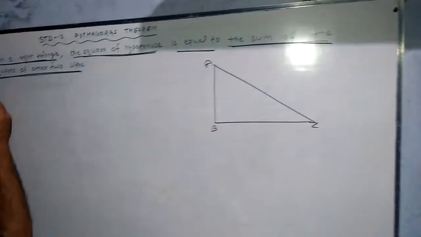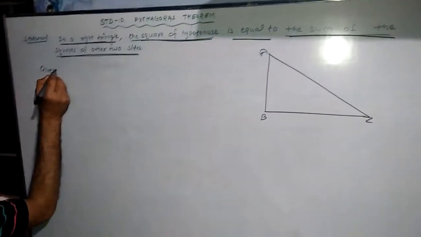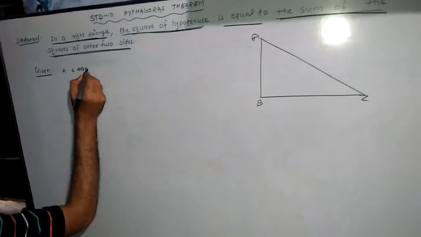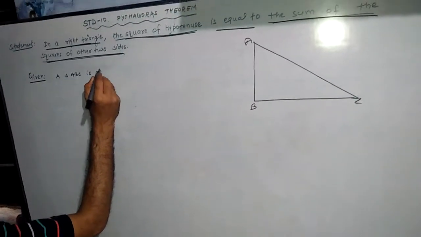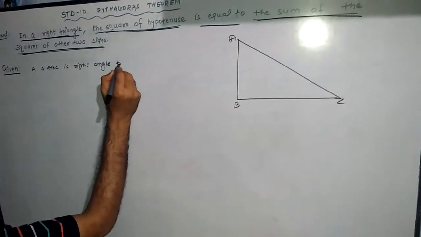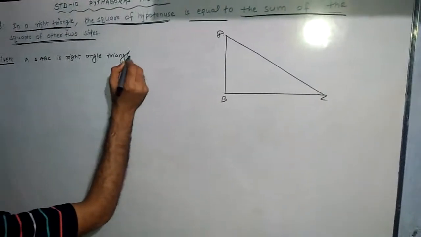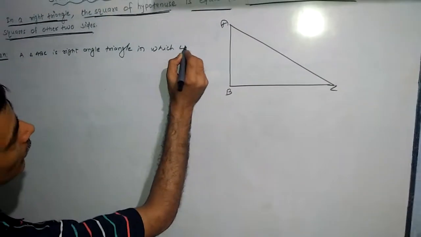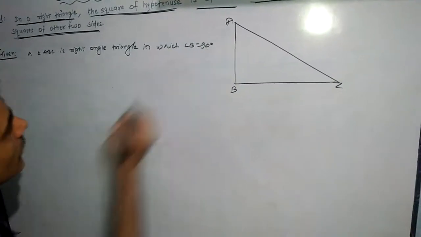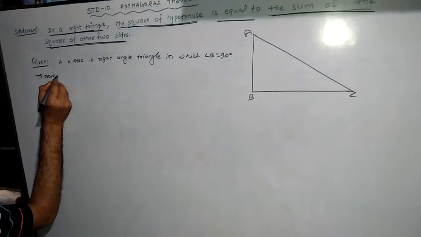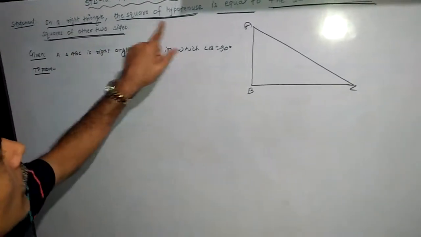ABC. Given: a triangle ABC is a right angle triangle in which angle B equal to 90 degree. And to prove, from the